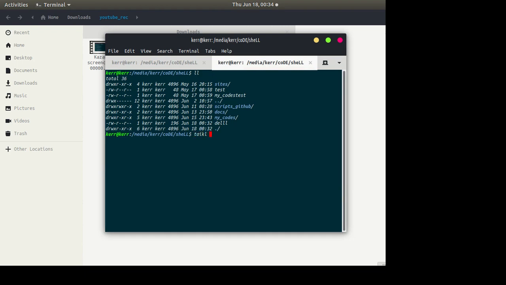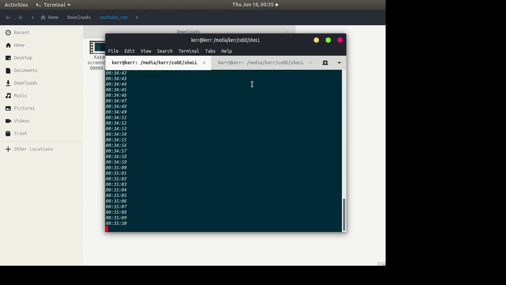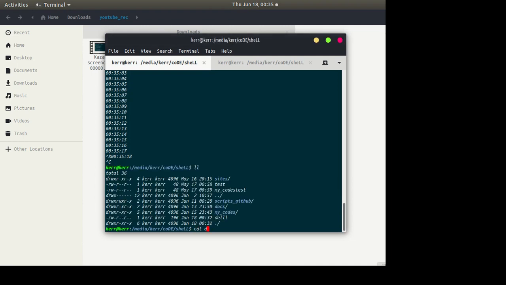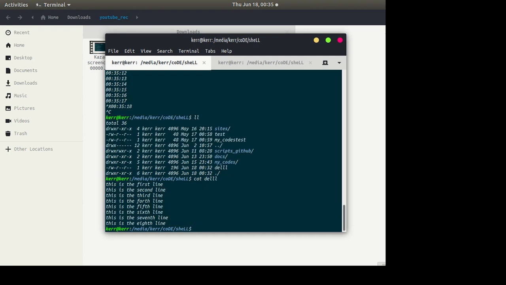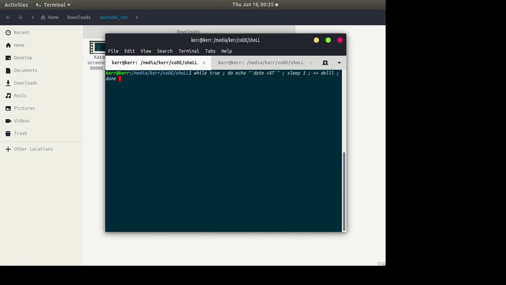If you want to see the last 10 lines of this del file with the -f option, there was a problem in this code. You have to use the redirection operator over here.